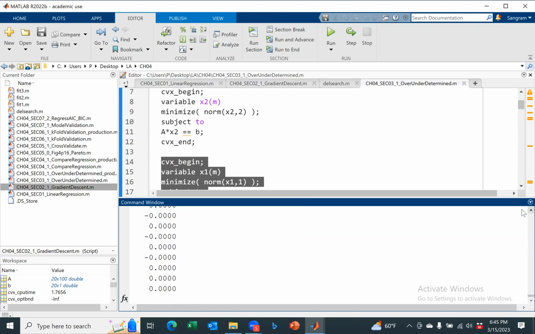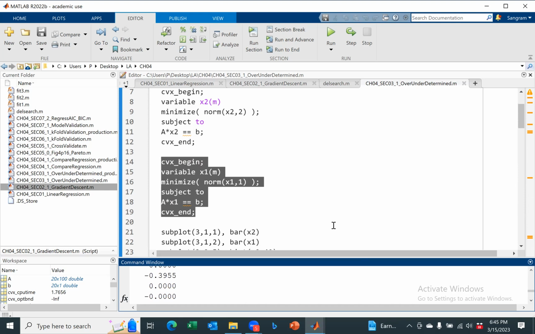And I want you to carefully observe x2 and x1. So you will observe x2 is fully populated, but x1 is partially populated. x2 has numbers everywhere because it's a least square solution. x1, which is the taxi cab norm or the sparse solution, has a bunch of zeros. Now what I'm going to do is